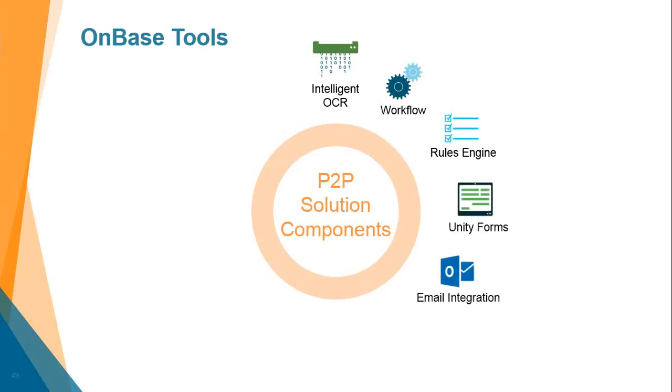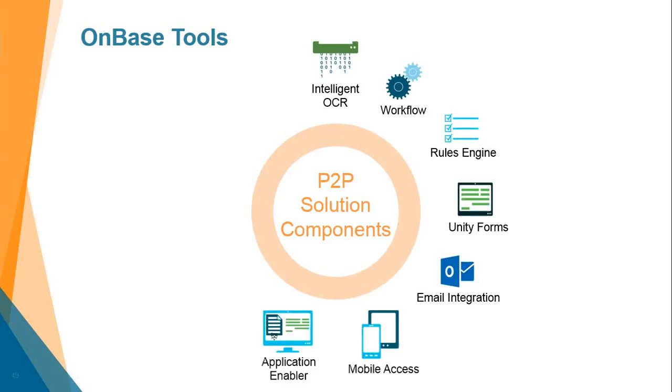Email integration, we showed some screenshots as far as Outlook goes, and promoting that as an access point for viewers to come in and research information. Mobile, the same type of thing, extending functionality to people on the go. Application Enabler, providing automated indexing and document viewing directly from the ERP as a way to integrate those two solutions. And then separate, kind of a next step, is EIS or Enterprise Integration Server, and really that